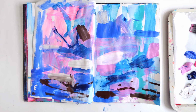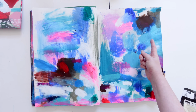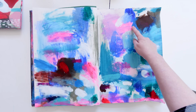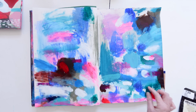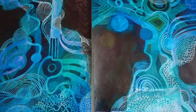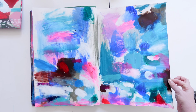I find that just thinking through doing is really helpful, and actually this page here really helps me on some paintings I'm already working on. I really liked this sort of dark brown next to this blue and the way some of this pink interacted with some of this kind of bluey turquoise. And I've taken those tiny little moments, tiny little sort of poetic passages, and I've used those to inspire something else I'm working on. But now I'm going to use this as basically a starting point for an abstract painting